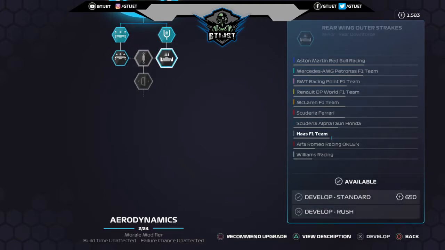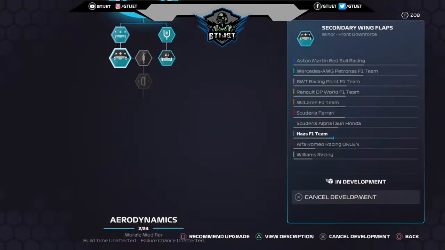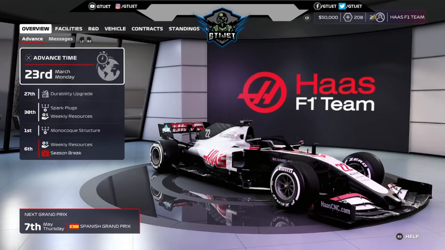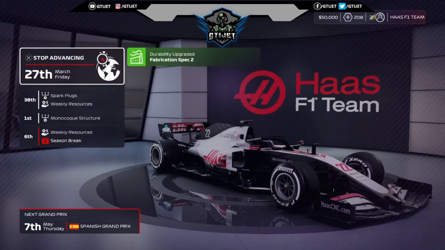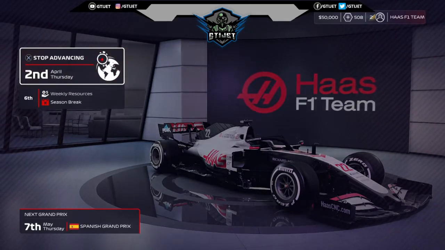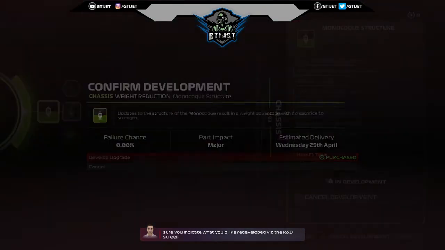aero packages, which I will do, and they will both hopefully come in time for the next Grand Prix. Hopefully none of them fail. But yeah, that's pretty much all we can do. So we're going to fast forward time. We get a durability upgrade come through. So spec level 2 for fabrication. But yeah, you can see our major weight reduction has failed, but hopefully we should be able to get it back in time for the Spanish Grand Prix still, because we do have a season break between now and then,